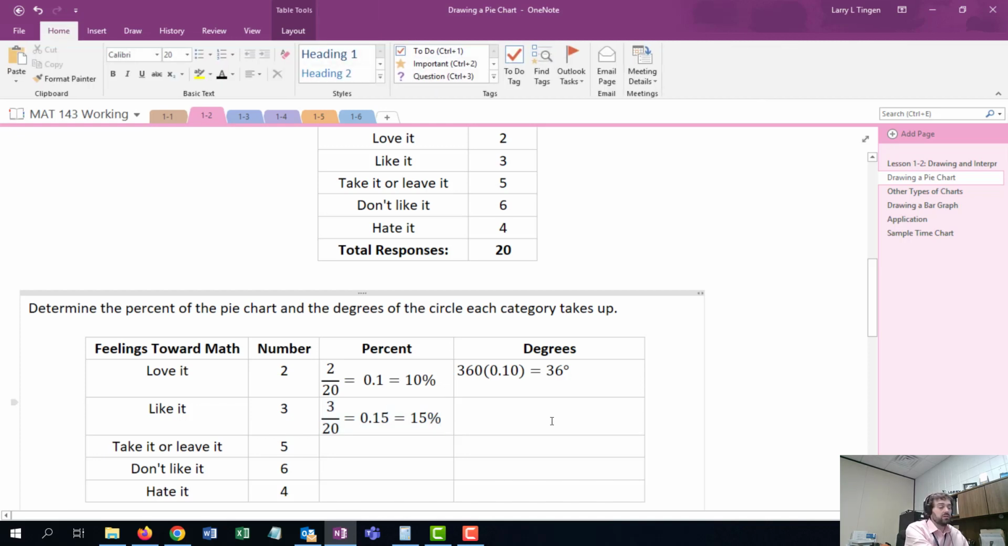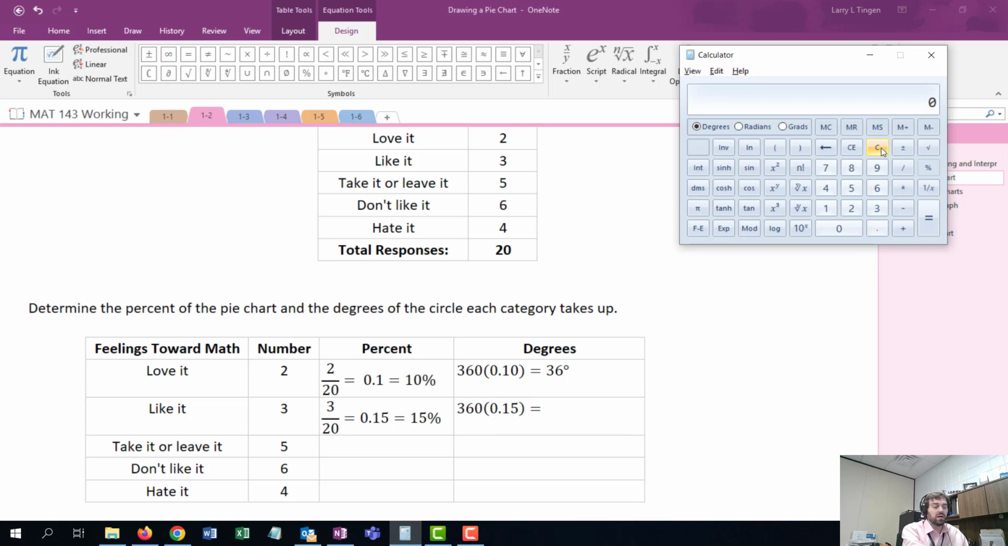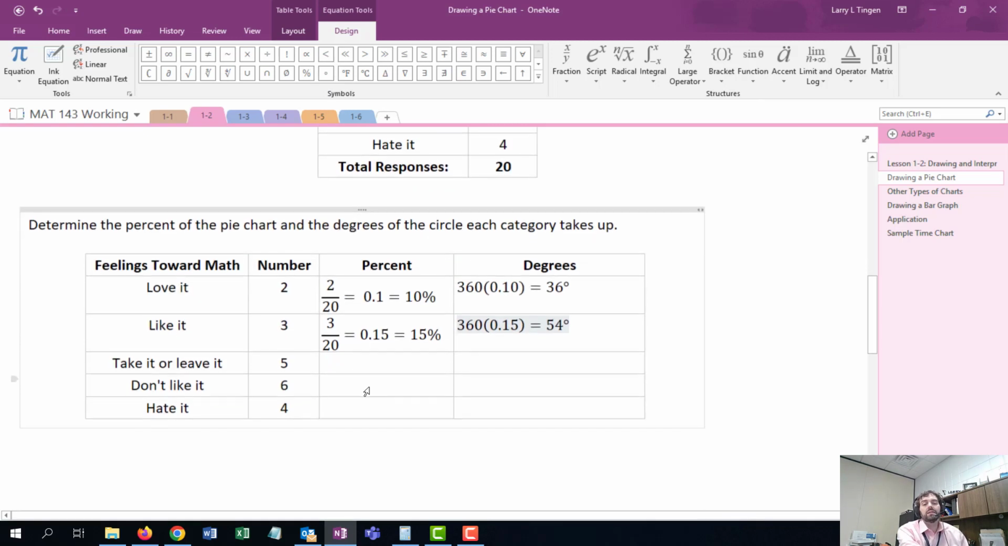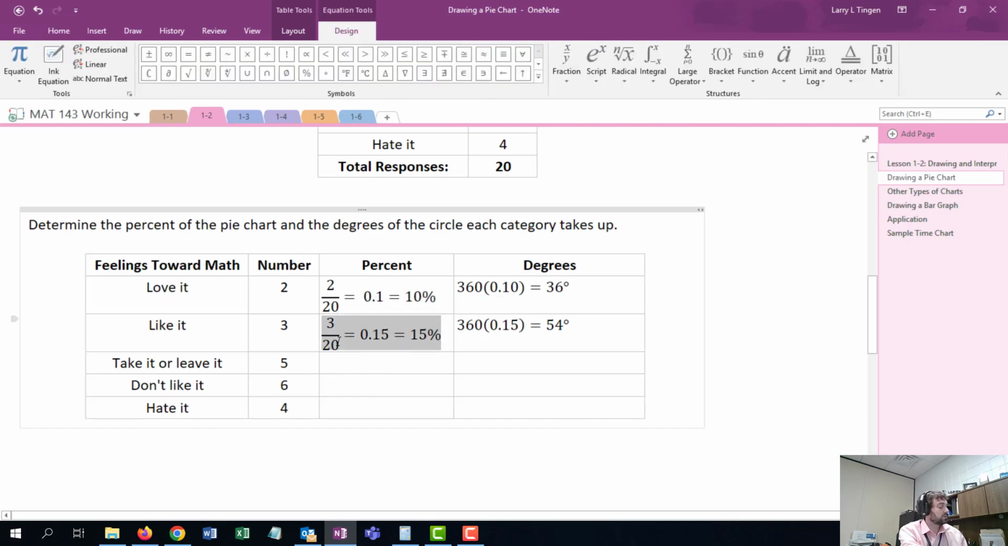And then if I'm going to figure out what number of degrees this is going to take up, I just do 360 times 0.15. And I do want you to see the math that we're doing. 360 times 0.15 is 54 degrees. All right. And then if we do this for the rest of them, next thing I'm going to run into,